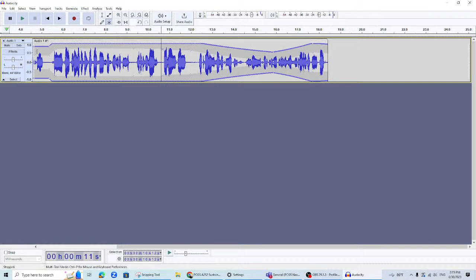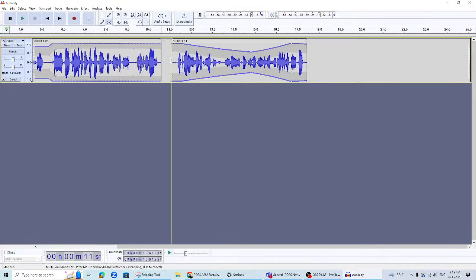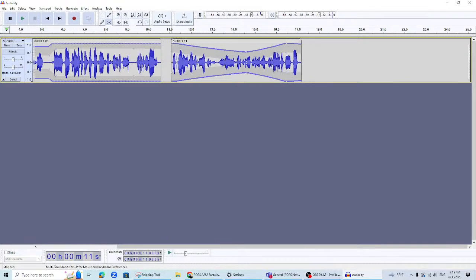And then we want to play it from in here. There's something I want to get rid of, so I'm going to take that and delete it out. If you want to split it, once again, you'd have that line and hit Control-I, and then it splits it into different tracks. And one of the things